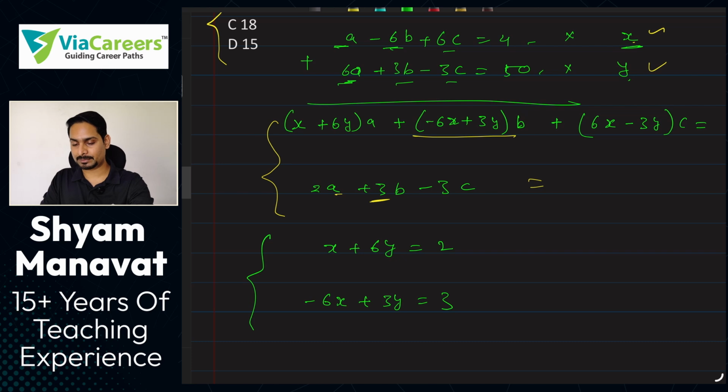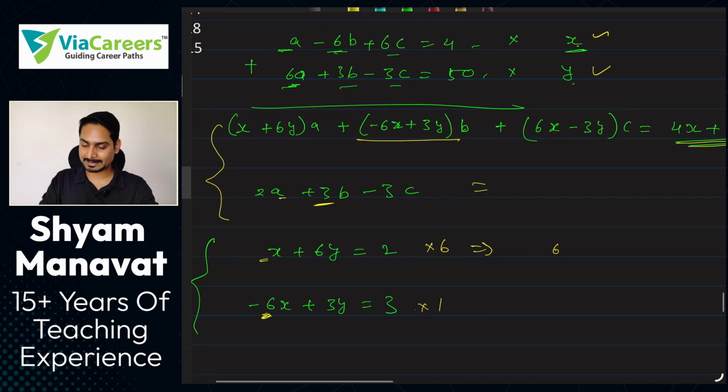So what we do first, we need to make the coefficients equal. x का coefficient same बनाते हैं. So for that we need to multiply by 6. So let's multiply by 6 here. Here in equation number 2 it's already 6, so we don't have to multiply by anything. So let's keep it like that. Now the outcome here you get is 6x plus 36y equal to 12, and in the second equation you get what?